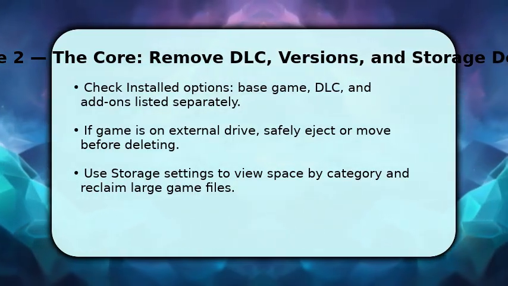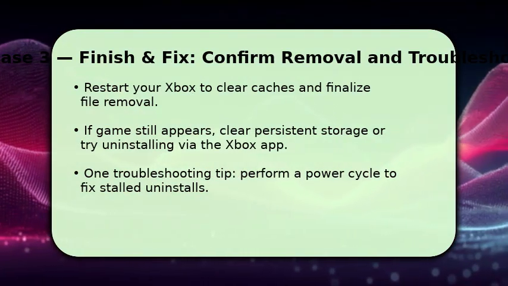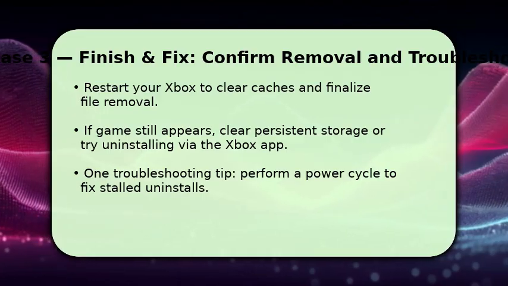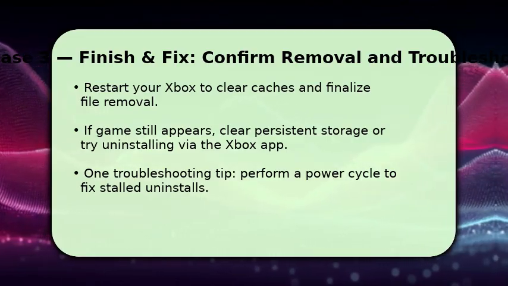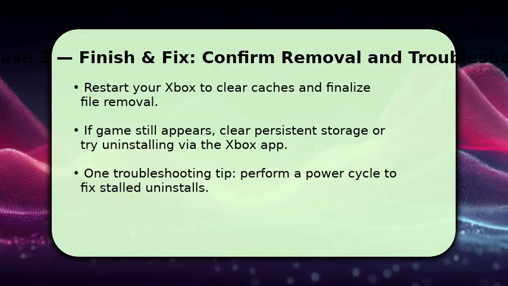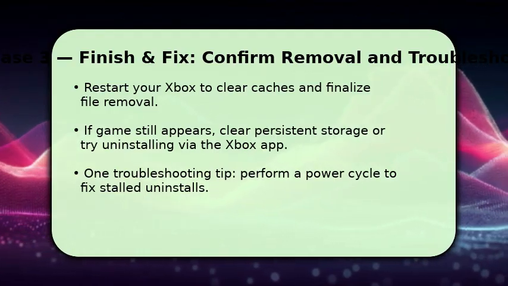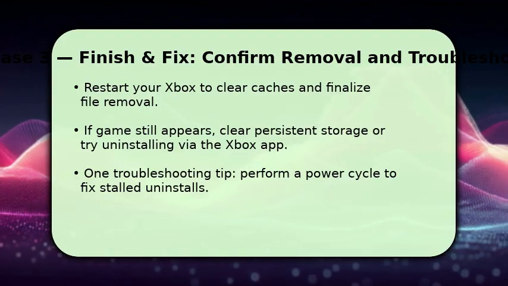refresh the library. This ensures the title disappears from Home and My Games and Apps. If the game still shows, use the Xbox Mobile/PC app to remove the game remotely or clear persistent storage and try uninstalling again. If an uninstall stalls or the progress bar freezes, power cycle the console by holding the Xbox